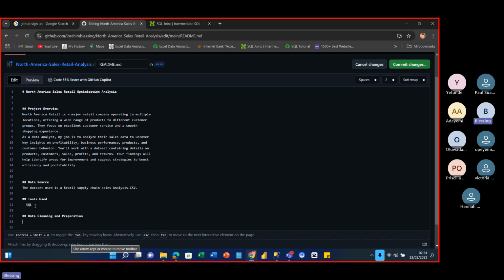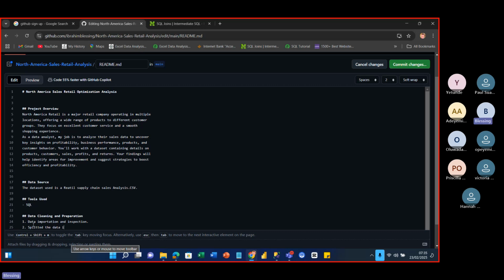What did I do for this data cleaning and preparation? We're going to talk about all the things that you did. So number one, maybe to make it one dot, the first thing I did. We brought in data, right? So data importation and inspection. After that, what else did we do? Shift enter, 2. We split the data into fact and dimension tables,